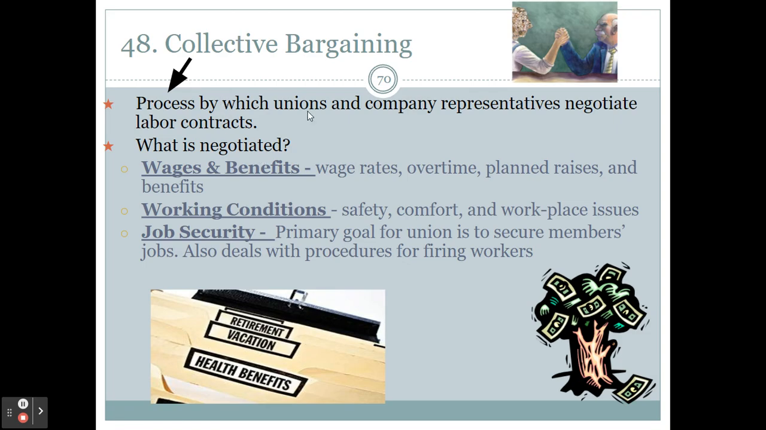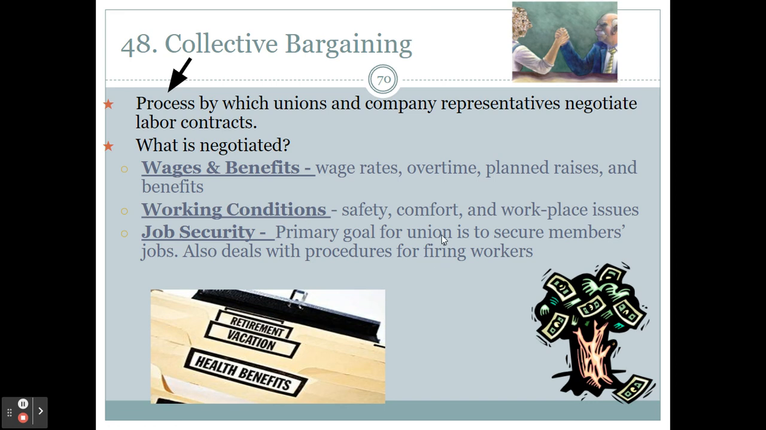Collective bargaining. This is the process in which unions and company representatives negotiate labor contracts. What are they negotiating? Wages and benefits, working conditions, job security. You're talking wages and benefits: rate of pay, overtime, planned raises, and benefits. Employers don't want to give raises. Without pressure, they wouldn't do it. But here's what happens every single year. The cost of things goes up due to a thing called inflation. So if they don't give regular raises, basically you're giving people pay cuts because you're not meeting the cost of